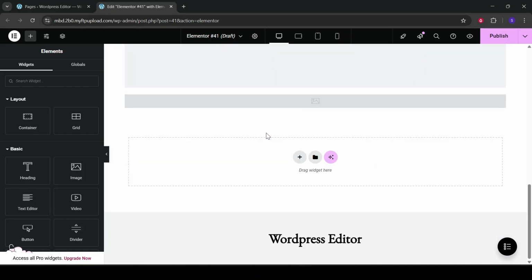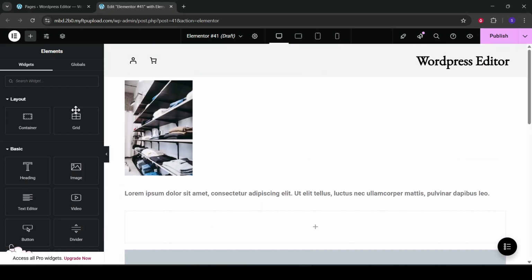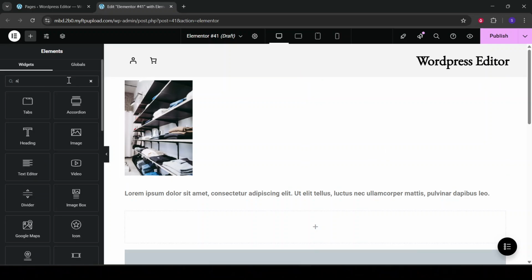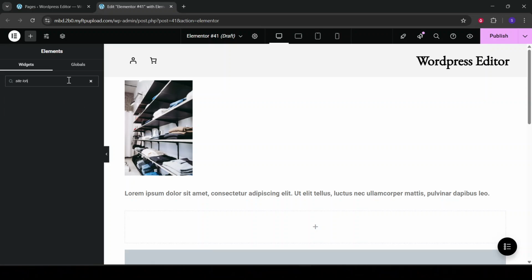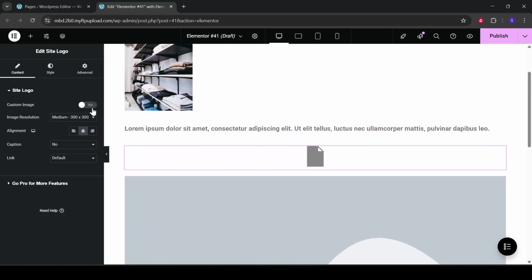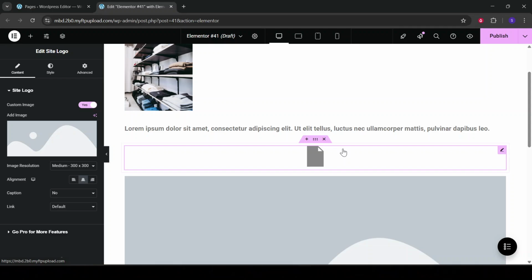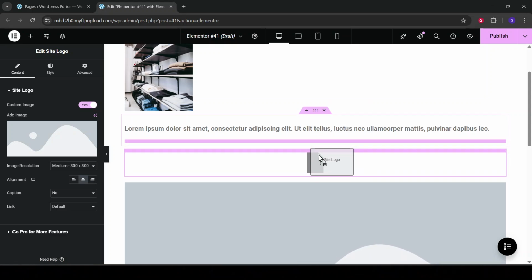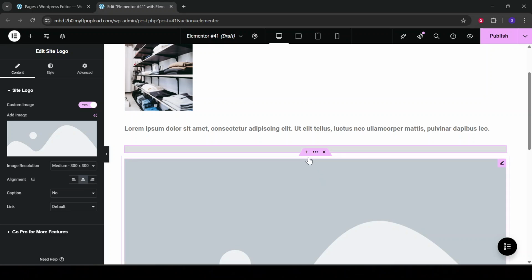Now, in the Elementor panel on the left, look for the Site Logo widget. This widget lets you add logos directly without any hassle. Drag and drop the Site Logo widget to the desired area on your page. It could be in the header or footer, depending on your design needs. If you don't see a Site Logo widget, don't worry, you can instead use the Image widget to add your